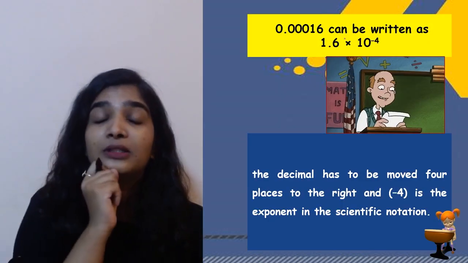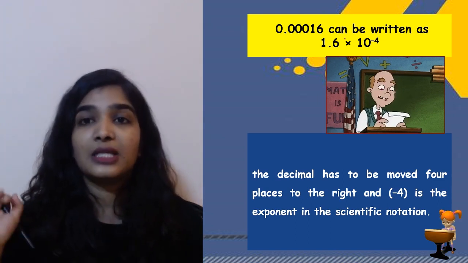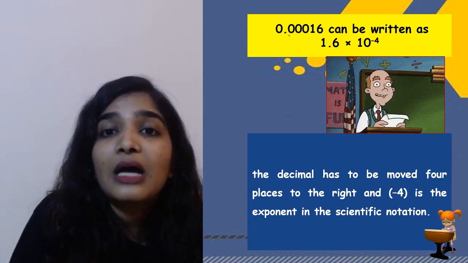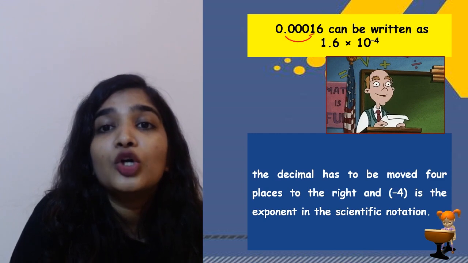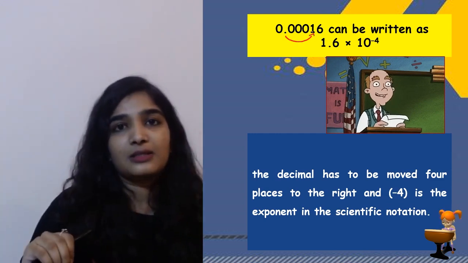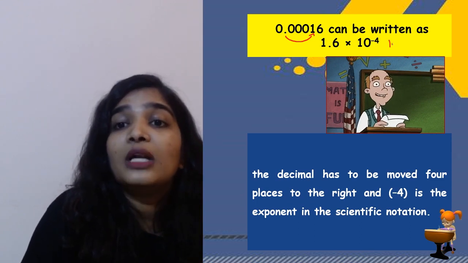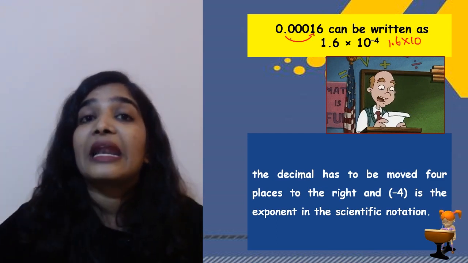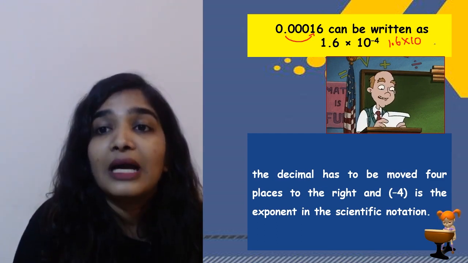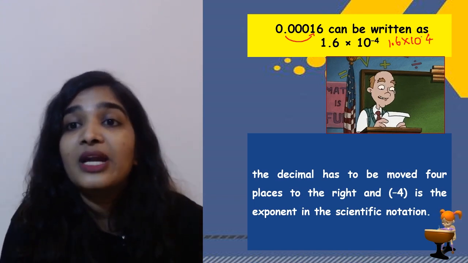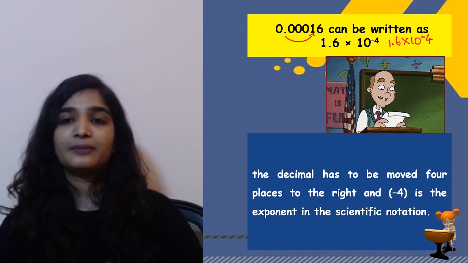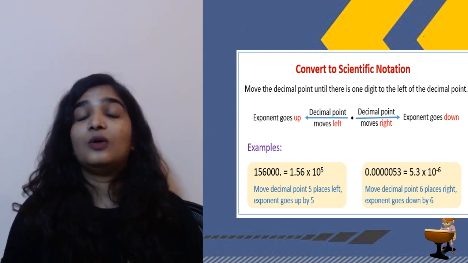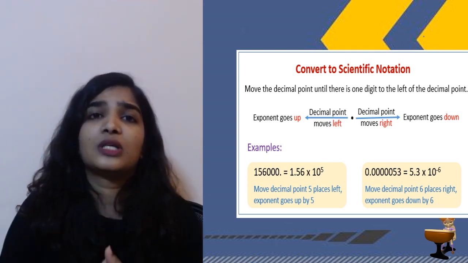Here you have a small number, 0.00016. You can represent this also using scientific notation. How do you do it? Here I am moving the decimal point to the right by 4 places. So how can I write it now? 1.6 into 10 raised to what? I am moving the decimal point towards the right by 4 places, so I'll write 4, but as you are moving to the right, it should be a negative integer. Using this you can represent large and small numbers using scientific notation.